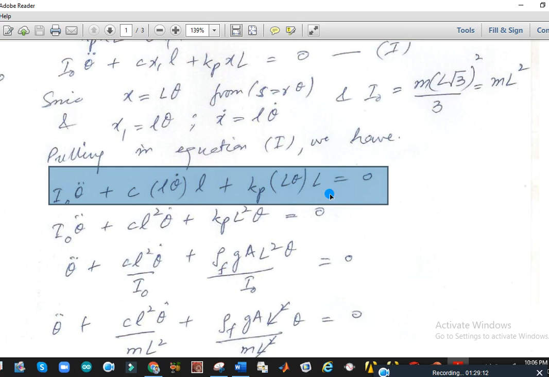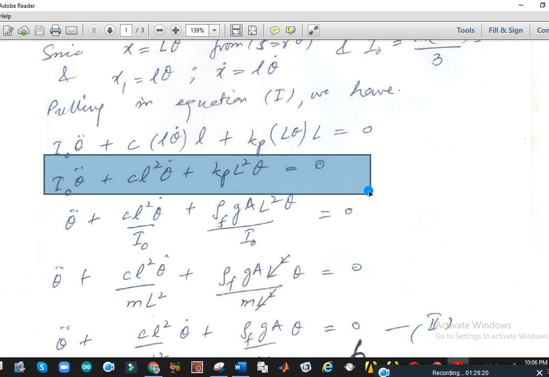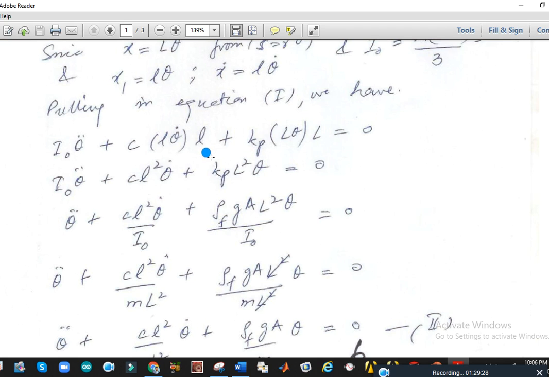Now we have the equation of motion in angular coordinates, then we will multiply accordingly, and we will see we have this equation: theta double dot plus C L square into theta naught plus Kp into L square into theta is equal to 0, where Kp is actually the stiffness of the ponton. Okay, you can put the value of the stiffness of the ponton, that is equal to rho g a. Okay, rho g a is actually the stiffness of the ponton that is mentioned in the numerical, and the remaining expression is the same, L square theta divided by I naught. Okay, we have divided the term I naught throughout the equation.